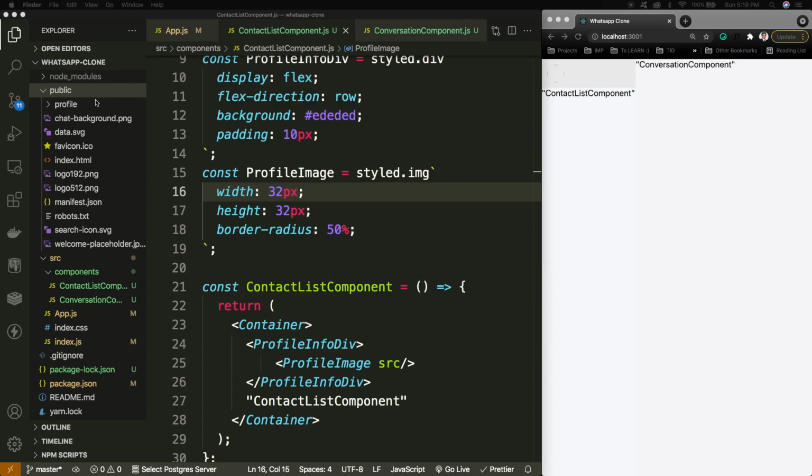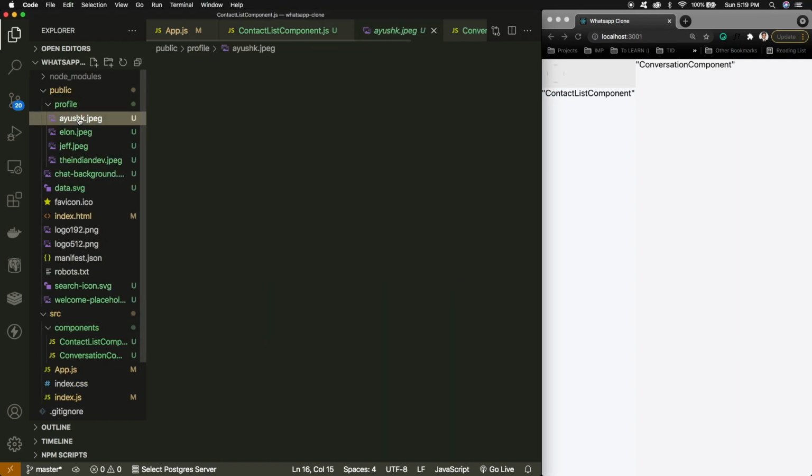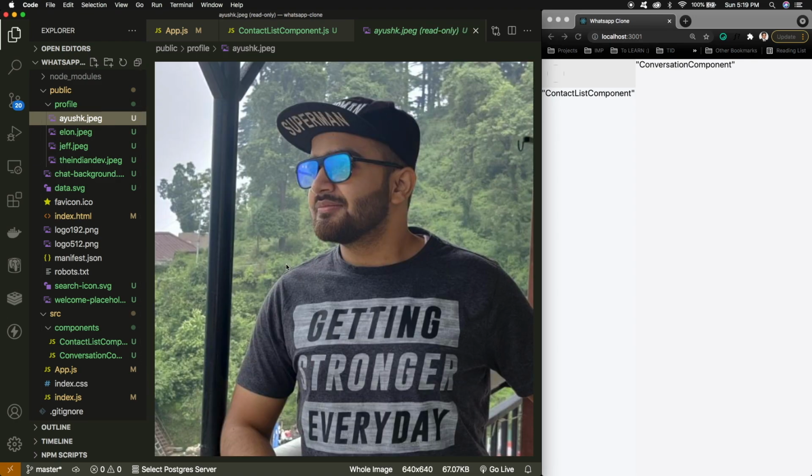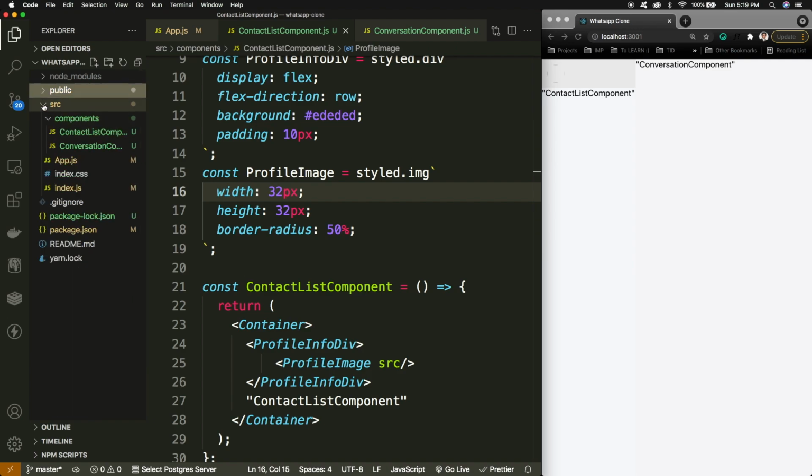So the data is here, you can see the profile section is here. Now you can choose any of the profiles, if I go and check out. So yes, this is my profile, so I can definitely use this. I'll be using all the stuff from this section itself.